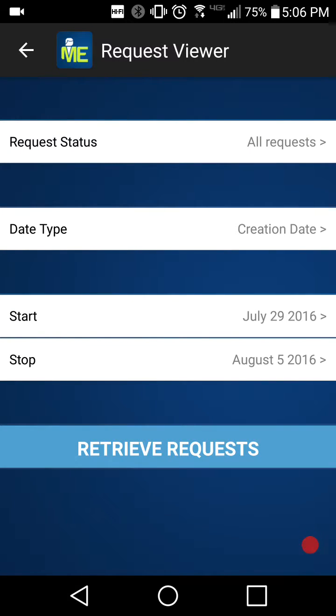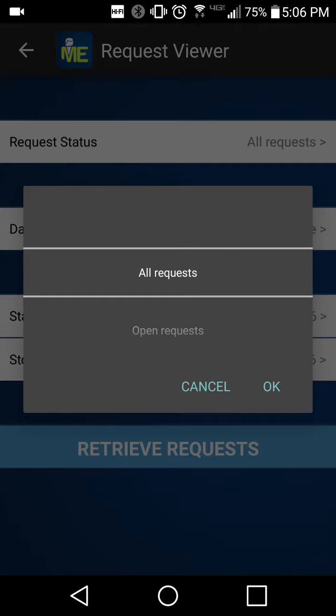This will bring you to a page where you can filter down requests that you'd like to view within the system. This will show you requests that were submitted via the mobile app as well as via the eSchedule Planner application. I can filter by type of request, which will show me open requests, ones that have not been evaluated or are on a wait list, official requests, which have been evaluated and passed and made official onto the official schedule,